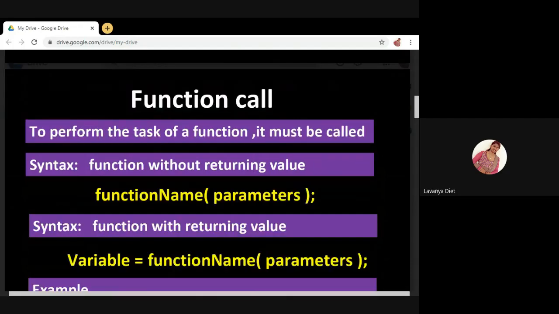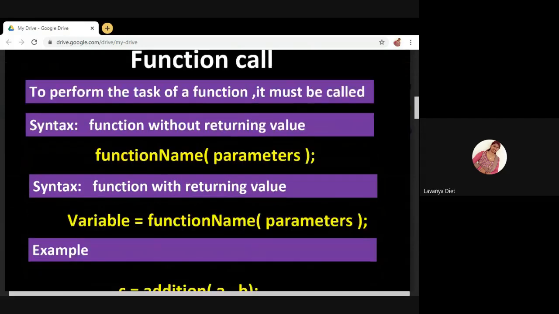You must call the function inside the main function. How to call the function? If a function is not returning any value, remember, simply specify the function name and parameter list.